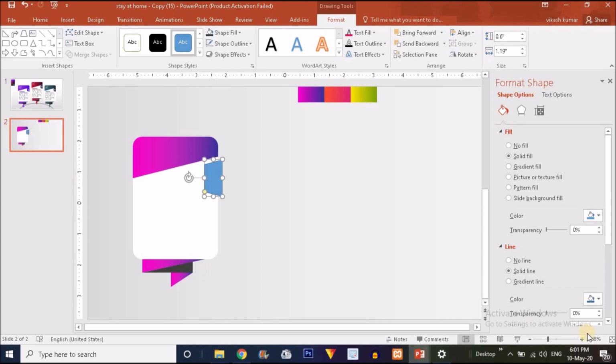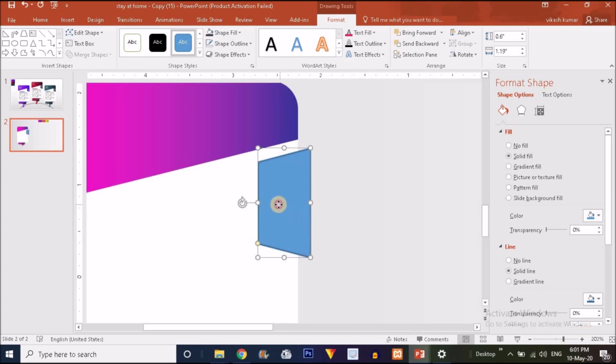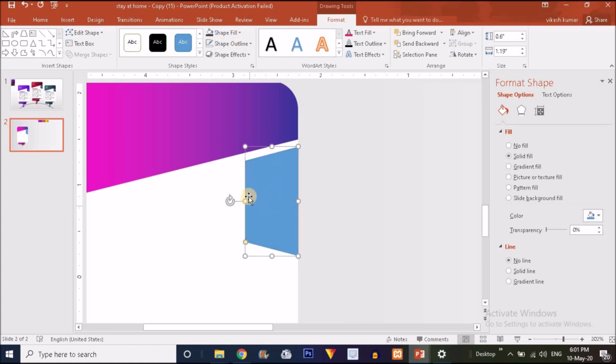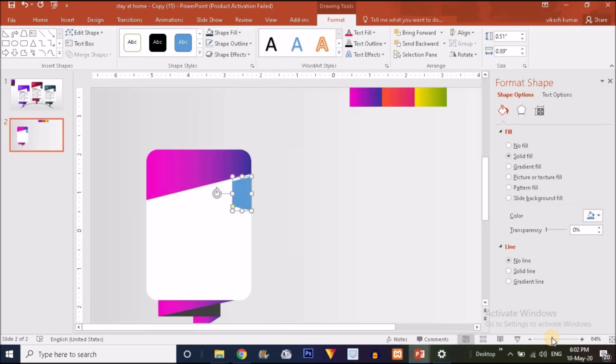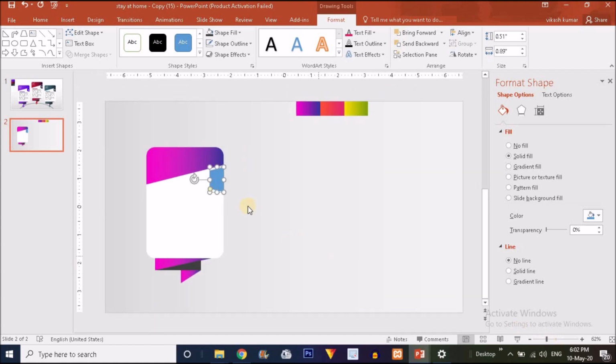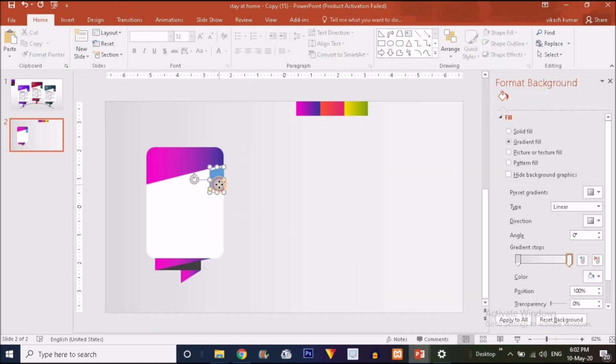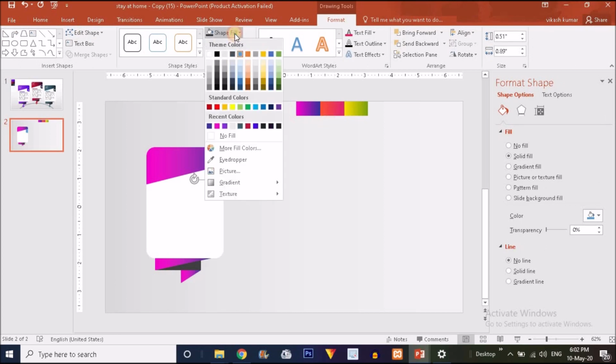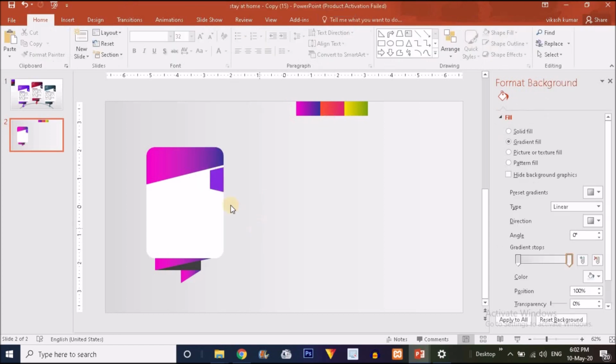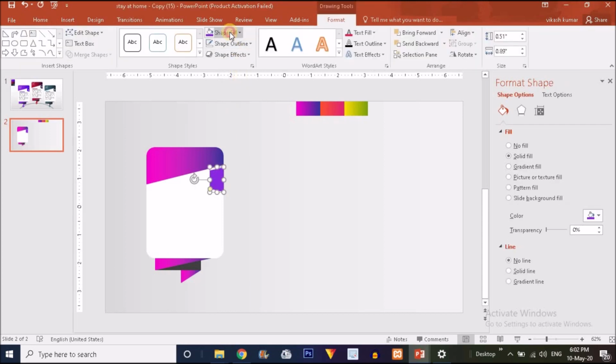I'm just going to zoom in here by clicking on the zoom in button and place it over here, and make the shape outline no outline. The yellow dot is perfect now. So I'm just going to reduce the size of this particular shape. For this shape I'm going to choose the shape fill to this color, or we can use the eyedropper to get a perfect color from this color sample like this.